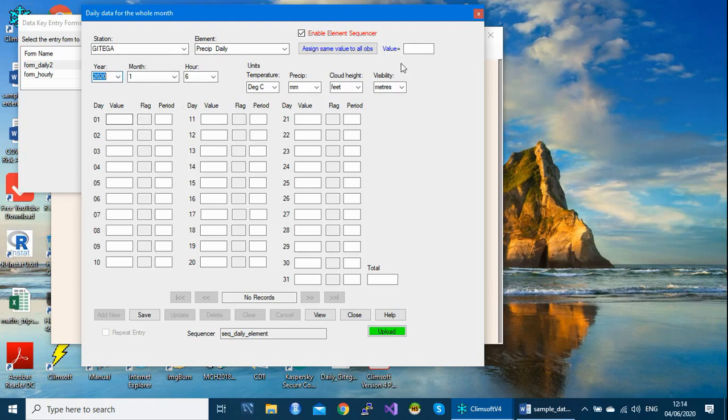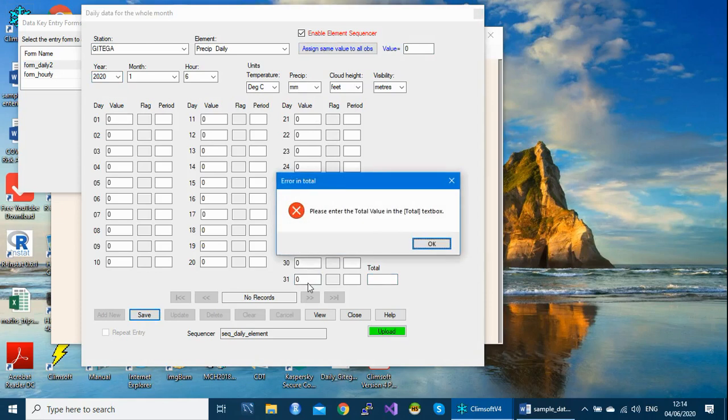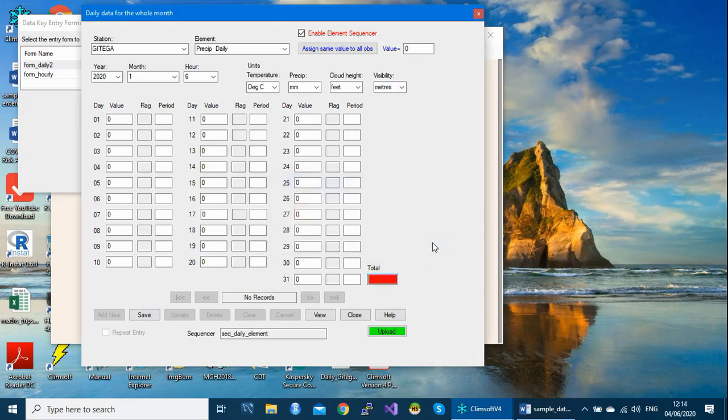So maybe this January there was 0 rainfall. Enter. The system says rainfall, please, you missed something under the total. Please 0. The total should be 0.